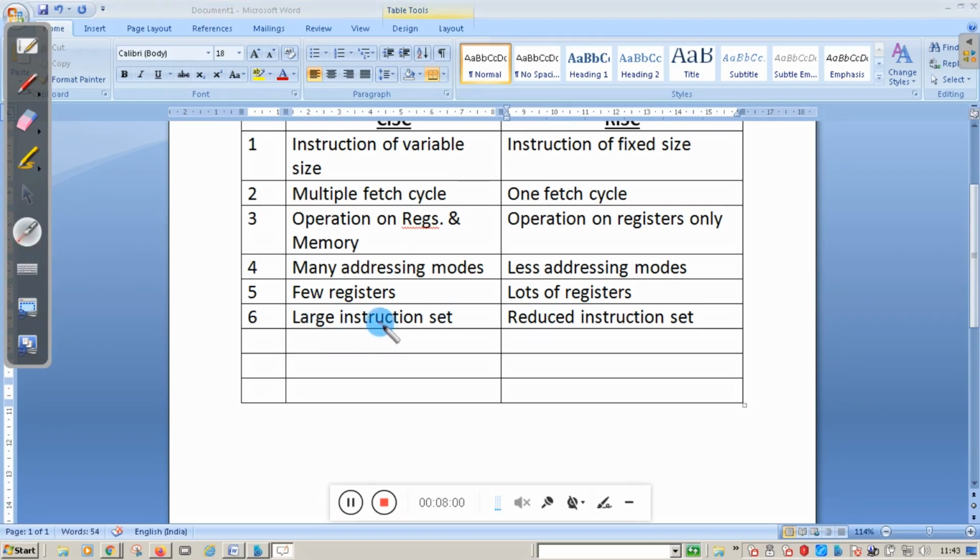In a CISC processor, there are multiple forms of instructions. For example, a CISC processor allows work on memory and on registers. Suppose you take the add instruction for register and add instruction for memory, the subtract instruction for register and subtract instruction for memory, the add with carry instruction for register and add with carry instruction for memory. So there are multiple forms of instructions for a single operation. But in RISC, all the instructions are executed on registers only, so it is a reduced instruction set. Reduced means there will be one form of instruction, but in CISC there will be multiple forms of instructions.